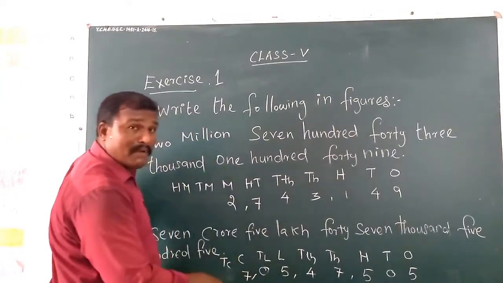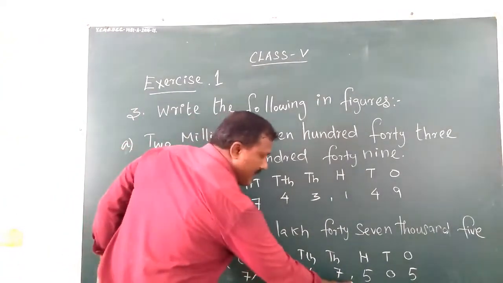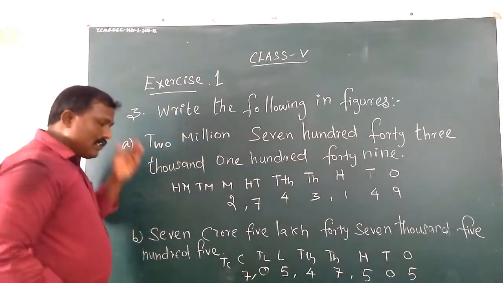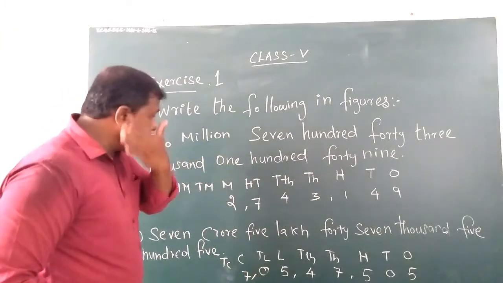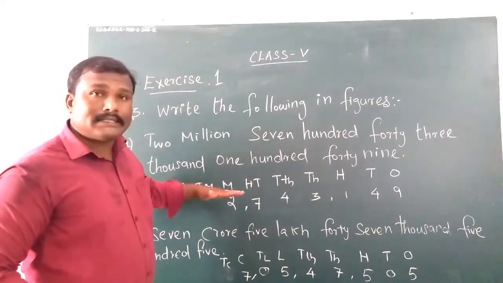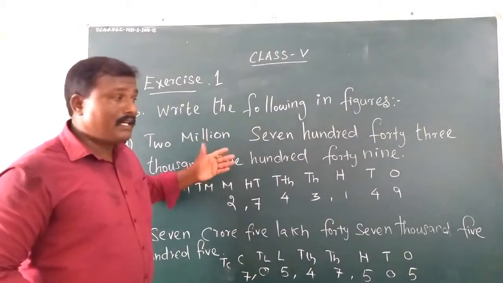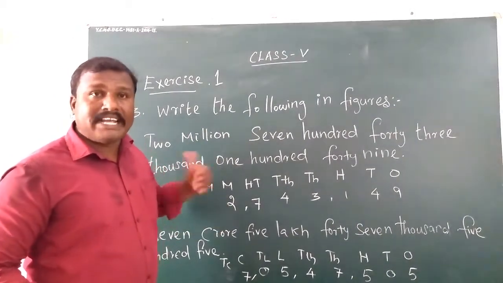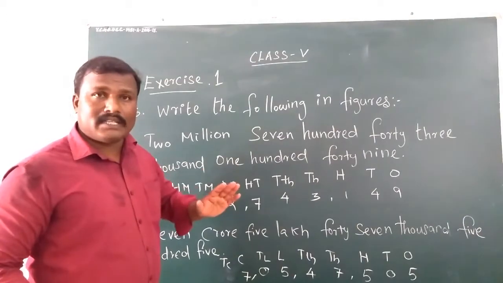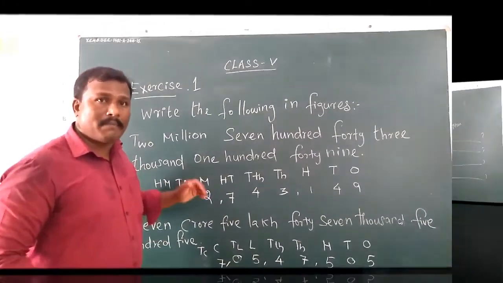As per the Indian place value, we already talked about how to give periods: first 3 digits, then after that 2 digits each. So I gave periods as per the Indian number system. I hope you understand these two types of number system, Indian and international. In your book there are many exercises. Please solve those exercises and send me a photocopy on my WhatsApp number.